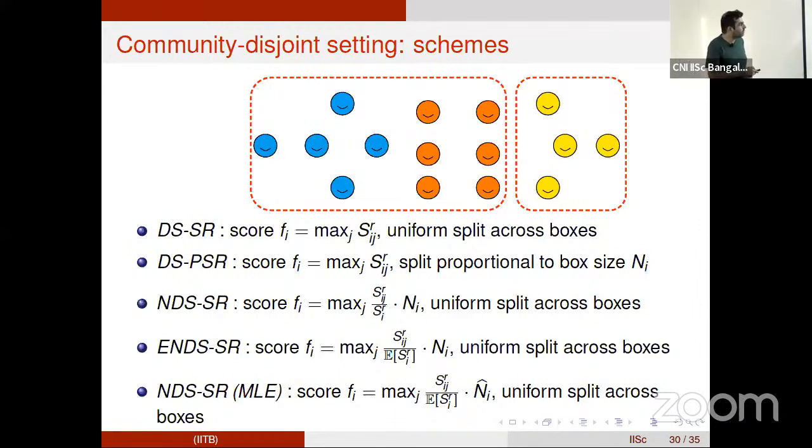You can either involve the box size itself in the sampling rule, or you can decide to split the budget proportionally to the box size. But I think only a couple of them are something that we've been able to analyze. These work very well in simulations, but several of them are hard to analyze, or at least we don't have an analytical handle.